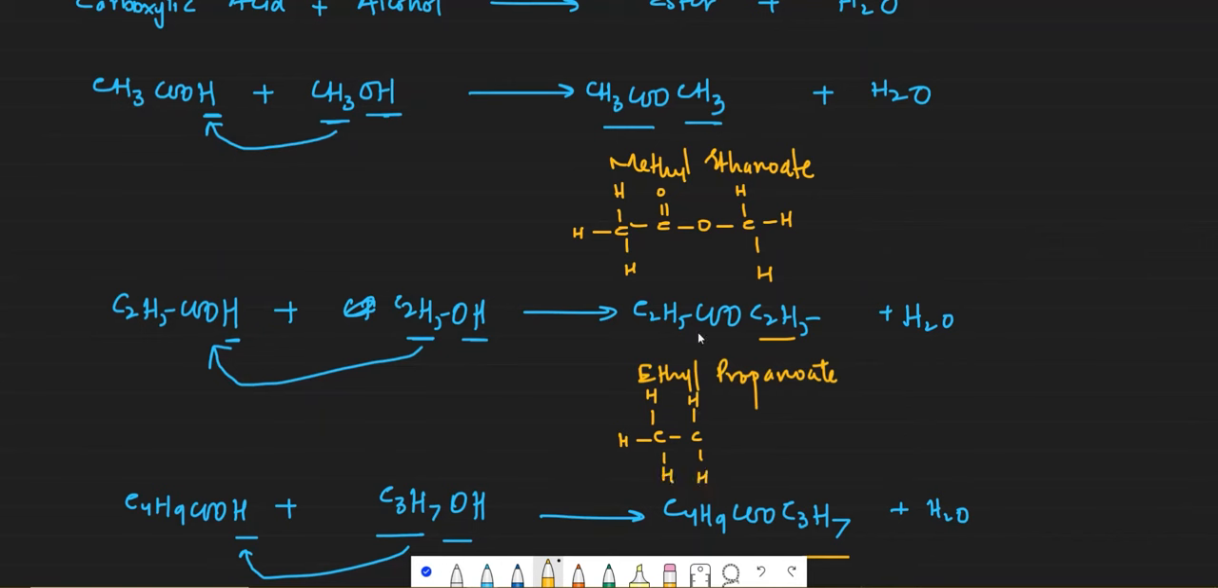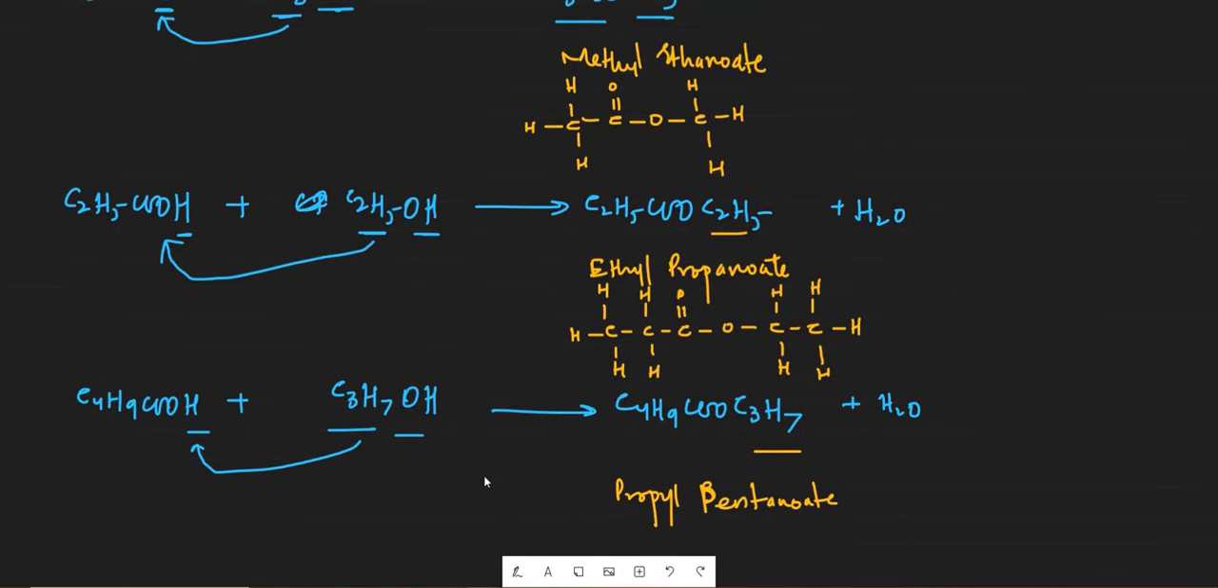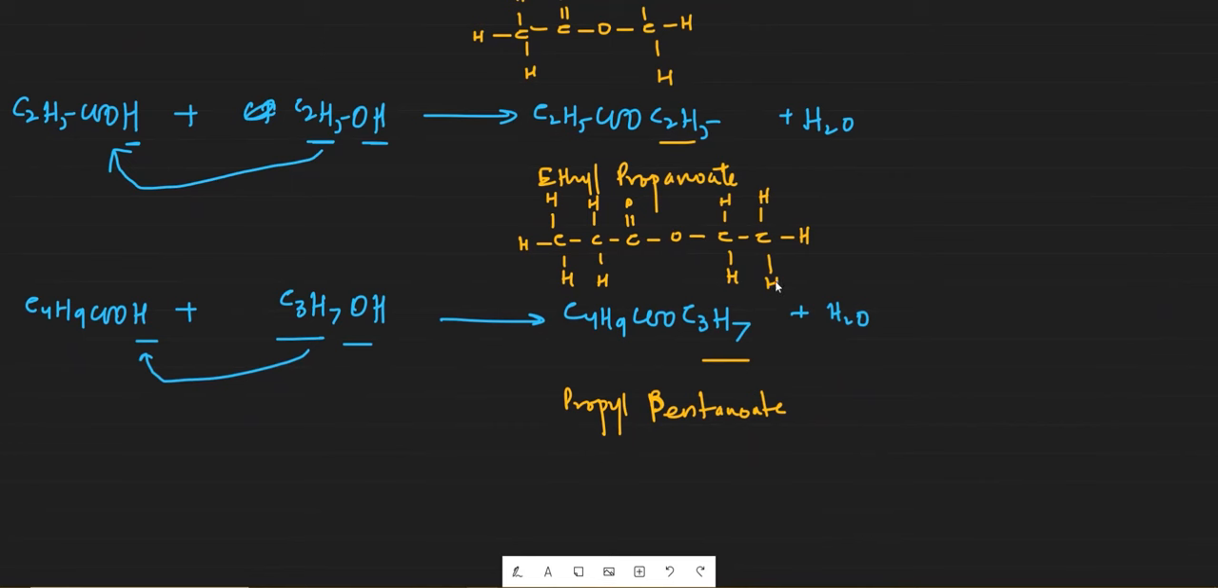Okay. This COO is of the carboxylic acid. So obviously, a carbon is double bonded to one oxygen and single bonded to the other oxygen. And C2H5. C2H5. This is ethyl propanoate. Okay, always remember the alcohol group is named first but comes after the carboxylic acid in the structure. So this part is named first and this part is named after. Okay, propyl pentanoate,